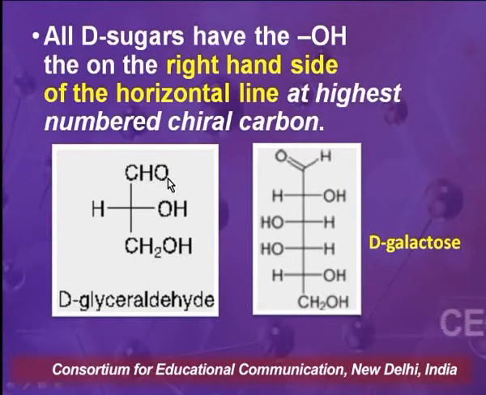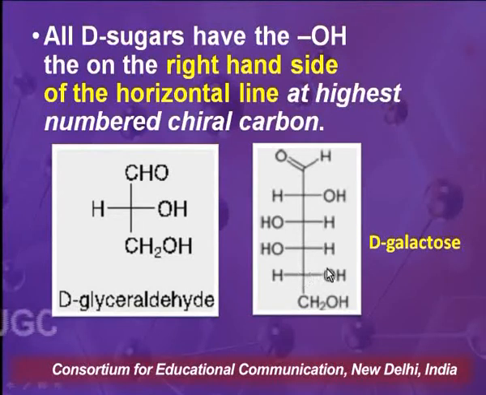We are bringing it at this end. So that means this end is staying, it is the integral part of all the monosaccharides. So when we compare the configuration, which is relative configuration, and in this case we are taking glyceraldehyde as an arbitrary standard. So what you have to see is whether the OH on the highest numbered asymmetric center is on the right hand side or on the left hand side.